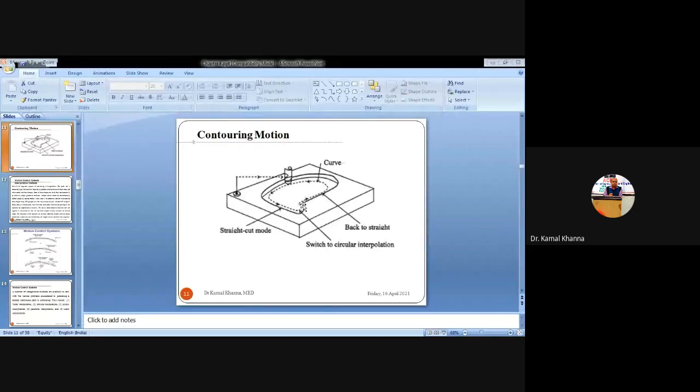So whenever there is a circle in the path of the tool, we have to divide the circular interpolation with the help of line segments, and we have to move that circular portion by dividing it into line segments, by considering the inside as well as the outside tolerances.